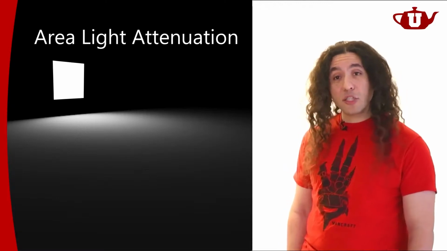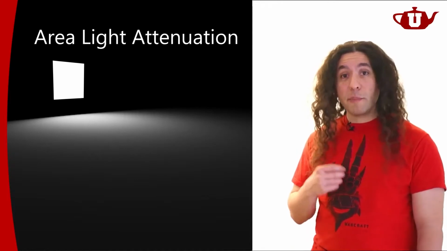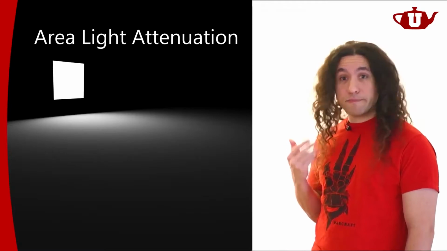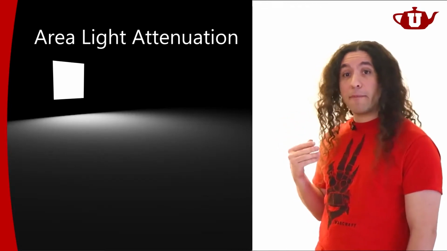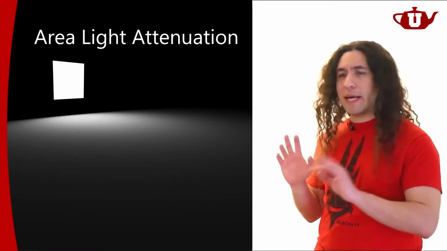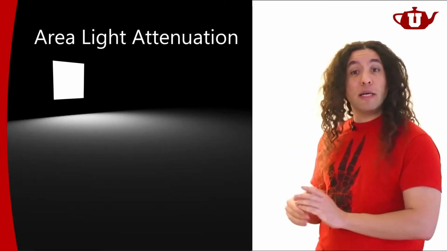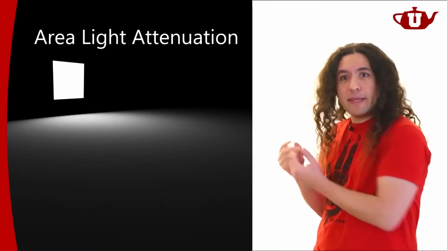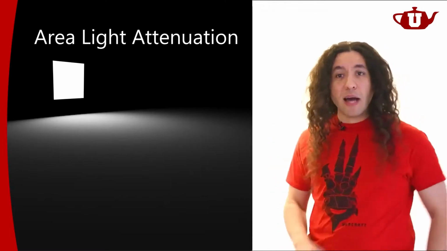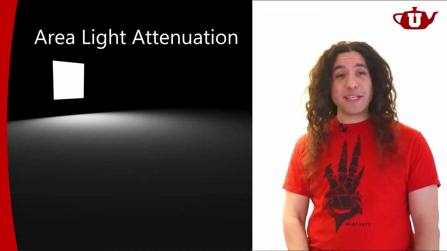I need to consider not just the distance to the light source, but I also need to consider the orientation of the light source, because it has an area now, it has a shape. And I need to consider the shape of the light source. I'm not thinking about shadows at this point. I'm assuming that I'm seeing all of the light source, right? From point X, I will be seeing all of the light source. But even that, like how much light is coming, and there's not a single light direction now, there are multiple light directions, right? So computing all that is not that easy. But turns out, you can actually do this analytically.